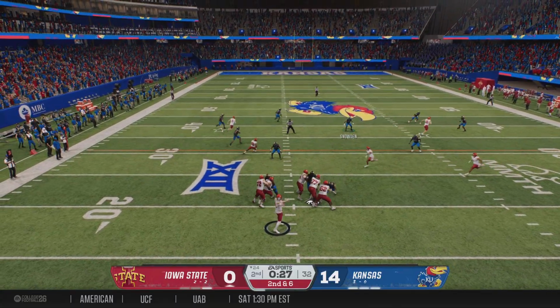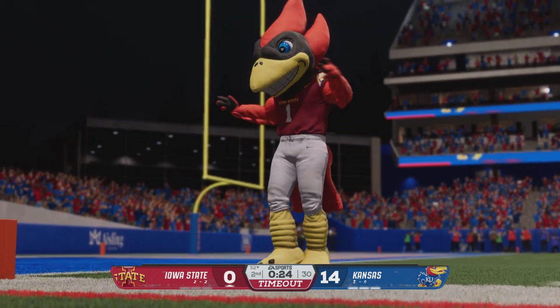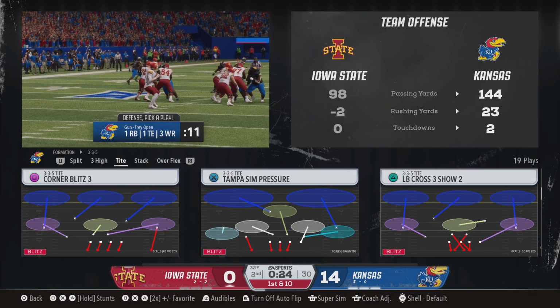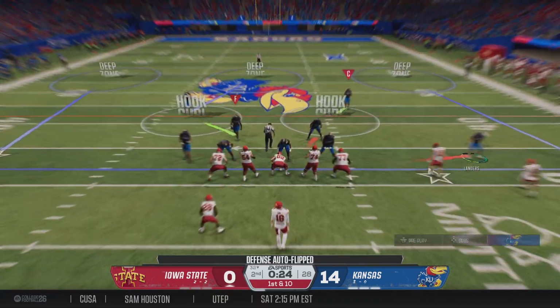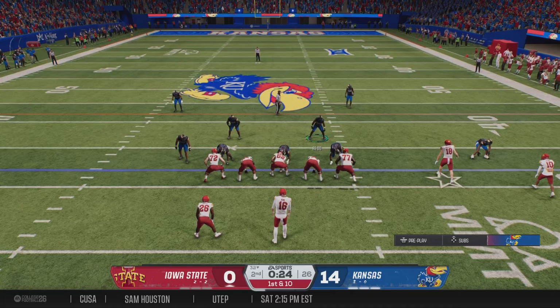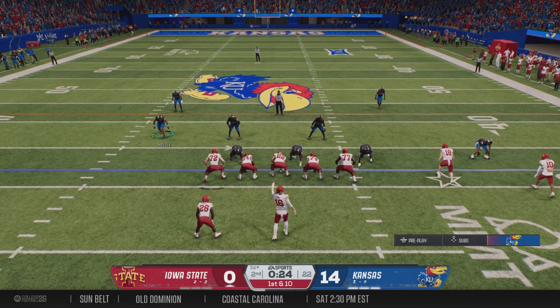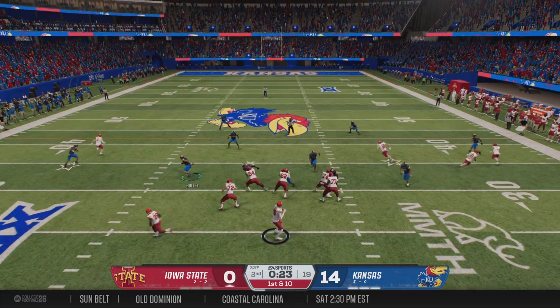Back to throw, time running short in the half. Got it in the middle, it's Martin. We've got a timeout here late in the first half, and they'll try to get more points on the board before the break. It's a nice job running the in route there by the receiver, and the best thing he did after he made his break, he didn't trail and fade away. He actually attacked the football. That's a good lesson for young receivers out there watching.